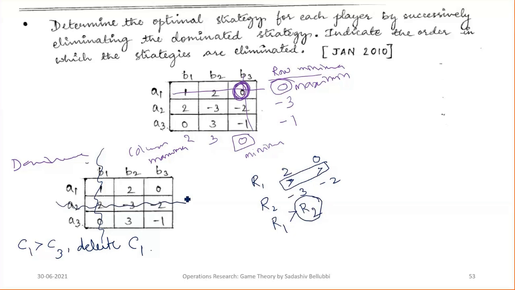Okay, next there is a matrix of 2, 0 and 3, minus 1. If you want, you can try it, because we already got the saddle point as 0. So obviously we need to get the matrix of 1 by n. Or else, if you want, you can solve the 2 by 2 matrix by any of the methods. That is another case. Now if you compare the first row and third row, okay, first row and third row means 2 is greater than 0, it's fine.